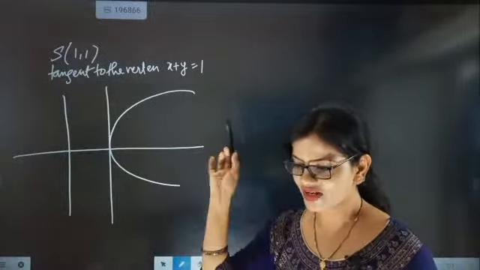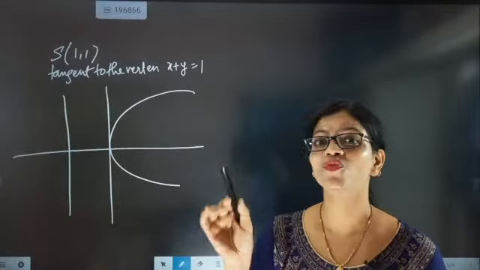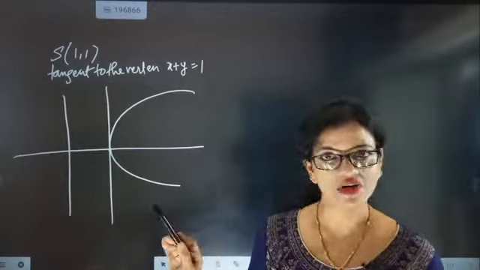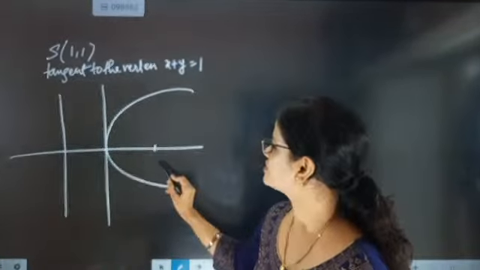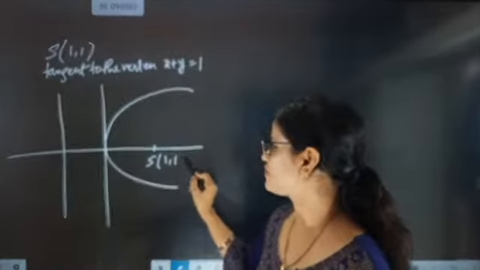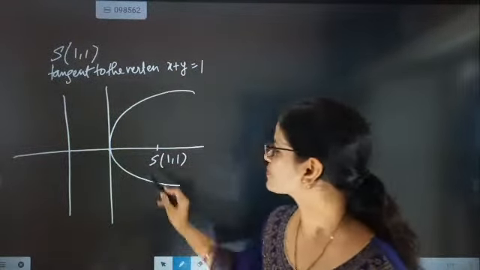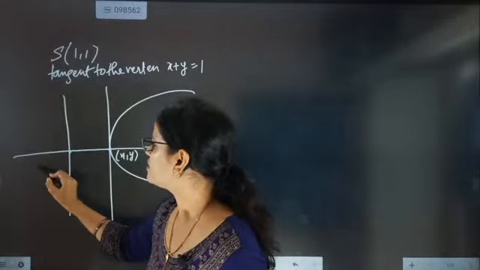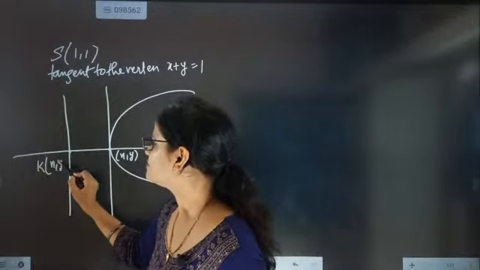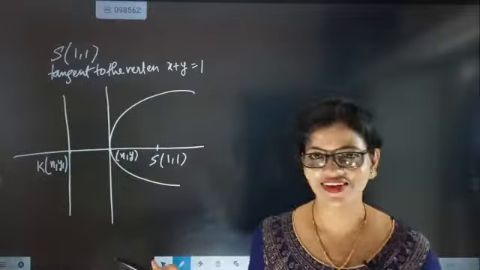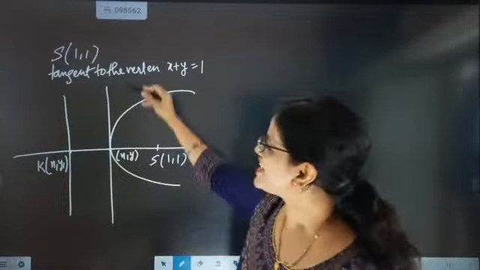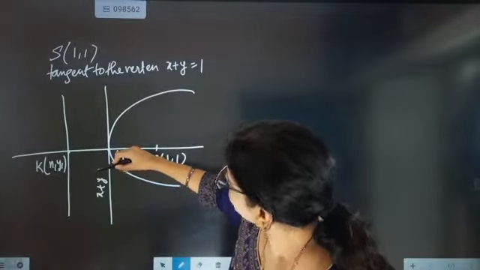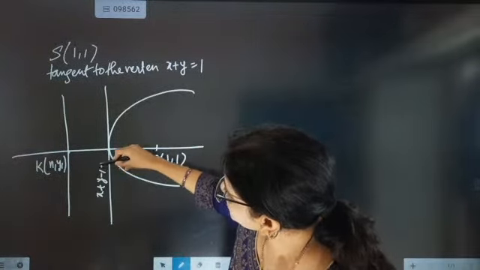Come on, don't have that misconception that they have given the tangent. Vertex tangent. Vertex is this point, not given. They have given the focus, that is (1, 1). Vertex point not given, we will take it as (x, y). K point not given, we will take it as (x1, y1). Directrix not given. What is given to you is the tangent at the vertex. So this line is coming as x plus y minus 1 equal to 0.